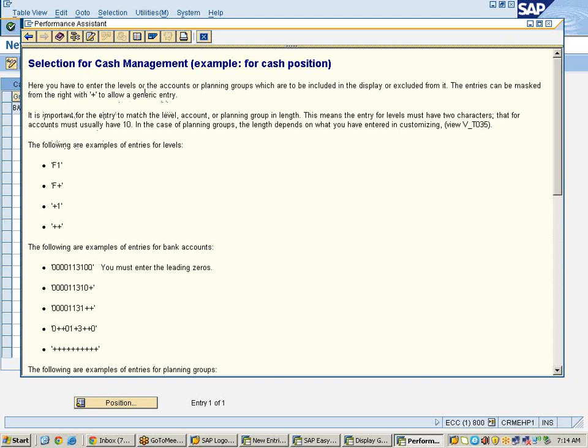That means it is important for the entry to match the level, account or planning group in length. The level must be 2 characters, the account must usually have 10 digits. In the case of planning group, the length depends on what you have entered in the customization. So what it is saying is, whatever length you had entered in GL account, that should be updated here.